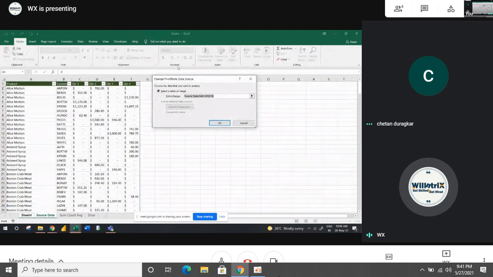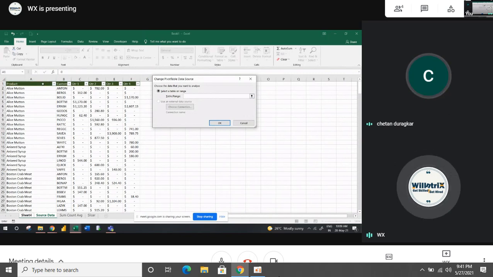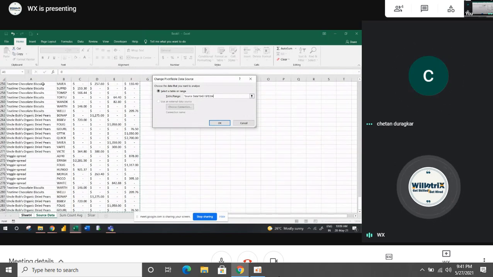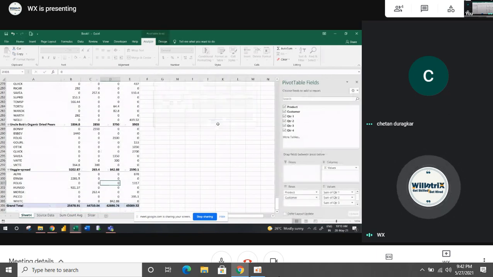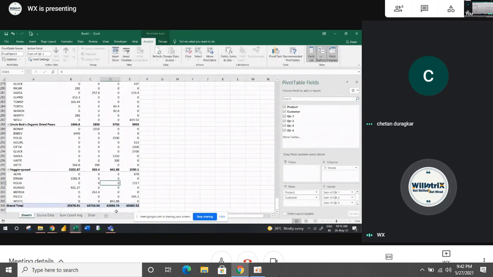When we were inserting the pivot table, the range selected was A1 to F278. But now the data is updated, so we have to remove this and select the entire data manually, using Control Shift down arrow key and right arrow key. Now it's A1 to F284, so 6 extra transactions were added. I selected the table array, and I will just give OK. Now we can see the total is changed automatically, correct?